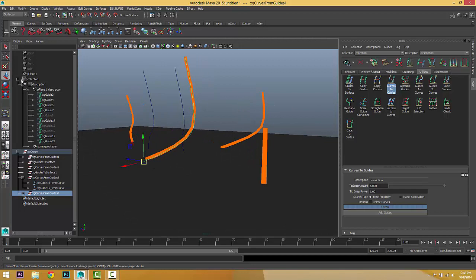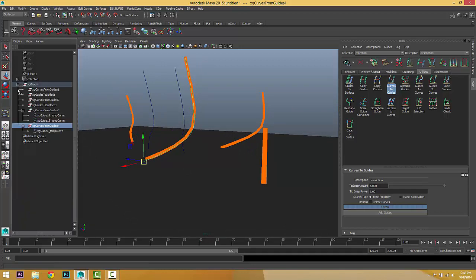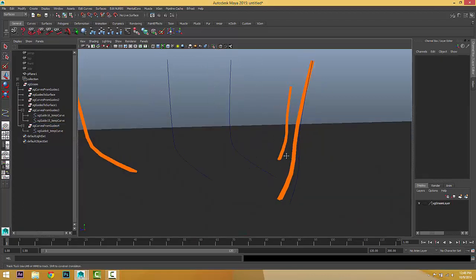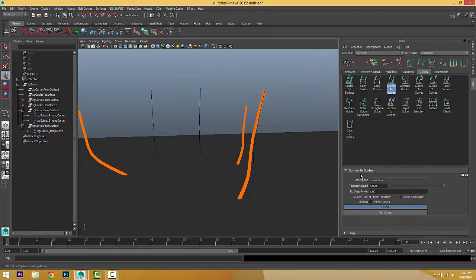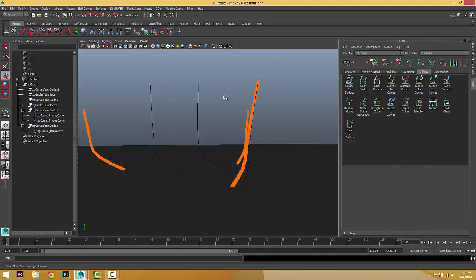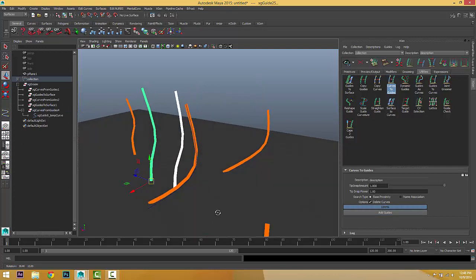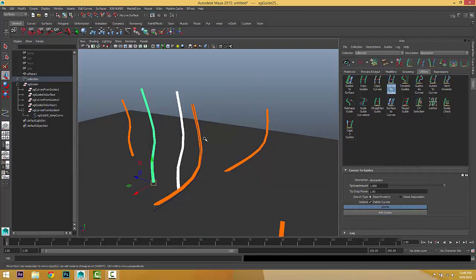So from the outliner you can very simply copy it and keep it, or you can use display layers to have a display layer for just the curves, and you can keep them or, for example, hide them. So this is guides. For example, select a couple of curves, you can do that. You can convert both of them to guides, not just one curve. You can select as many curves as you want.